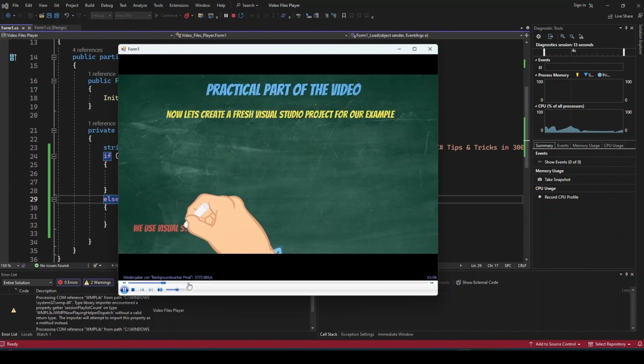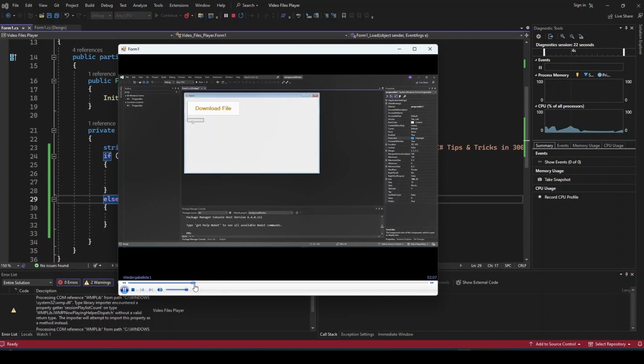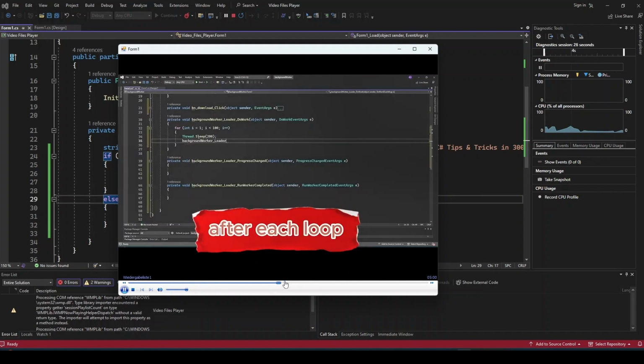Project for our example. After each loop, we communicate the current status via ReportProgress. In the ProgressChanged,